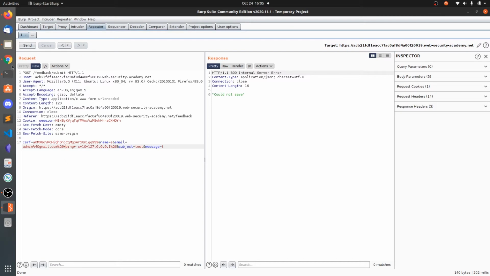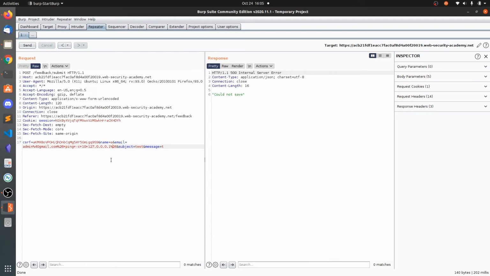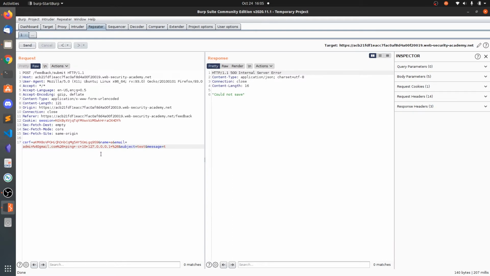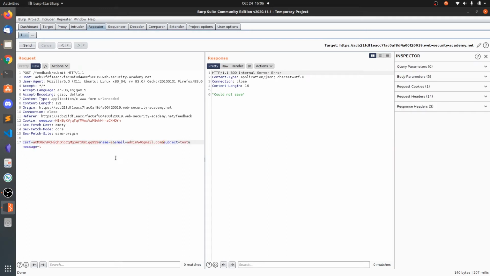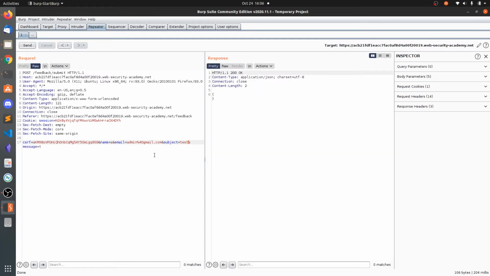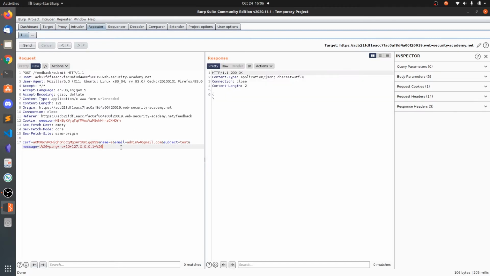Could not save. So let's see. They have given a way to try it like this, and maybe we need to put the space here. It still says could not save. Let's try this at name.